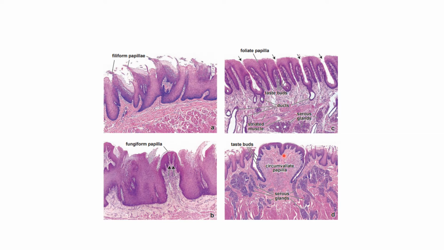Maximum number of taste buds are present on the vallate papilla. Foliate papilla are less developed in human beings. They are leaf-like; folia means leaf. So they are leaf-like with divisions in between, and that is why they are called foliate papilla. They have around 1 to 2 taste buds only.